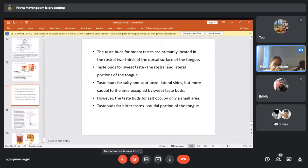You might be knowing these already from anatomy, but it is also important to know that